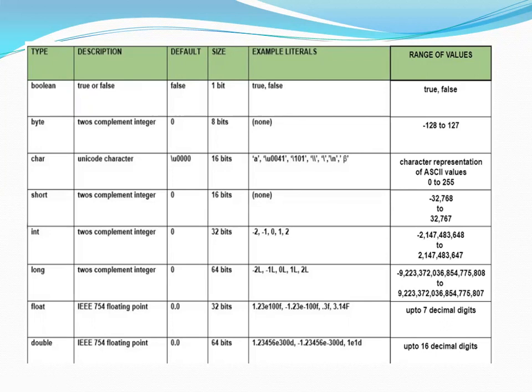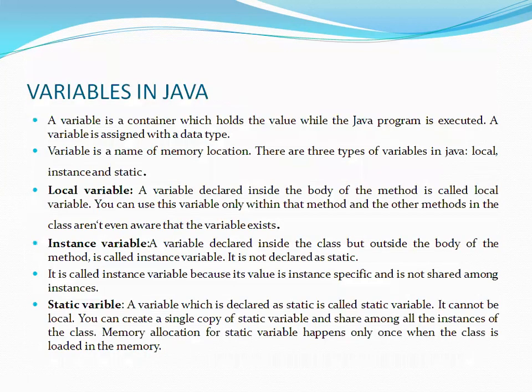So these are the types of variables. Now in the class, these data types and variables we are going to define. 3 types of variables will be there: one is local variable, another one is instance variable, another one is static variable. Before yesterday we discussed what is the main method. The main method will have public, static, void, main. Now we can call it a static method.